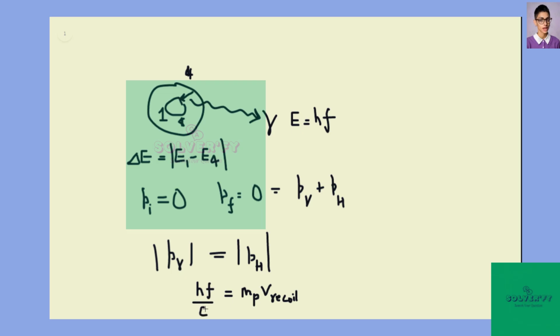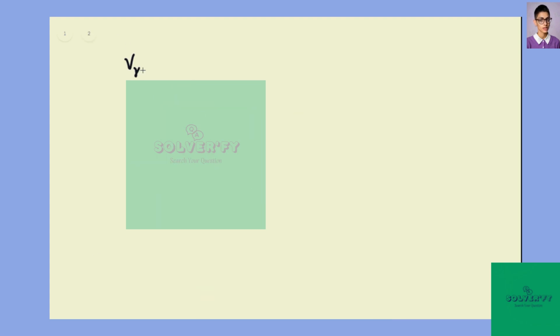So from here we get that v recoil, so we denote recoil as v_rc, should be equal to hf over m_p c. Now what is hf? hf is the energy of the photon, and the energy of the photon is exactly equal to the energy difference between the two states. So we can write that as E_14, or in our case just delta E over m_p c. So v recoil is equal to delta E over m_p c,